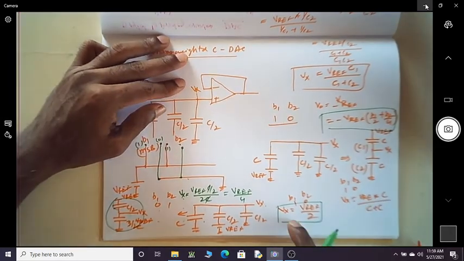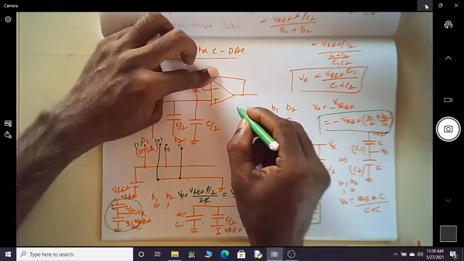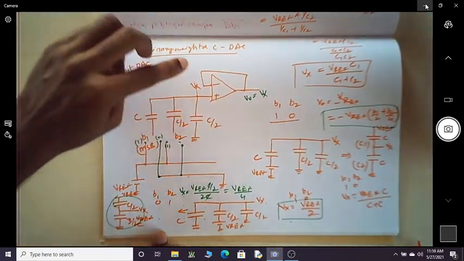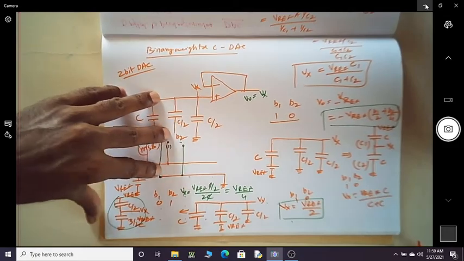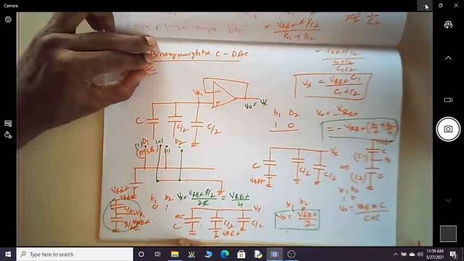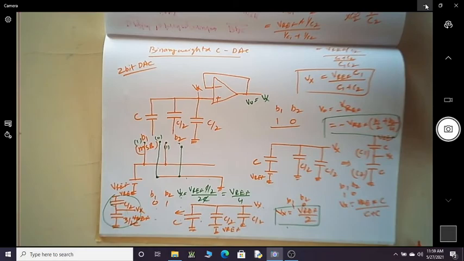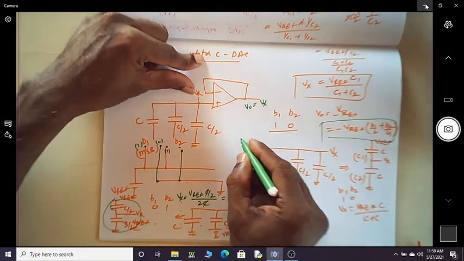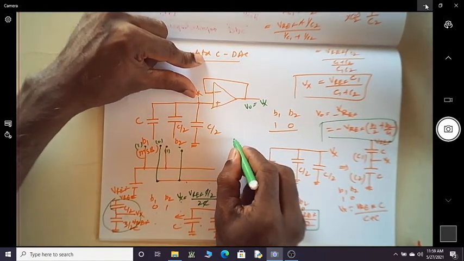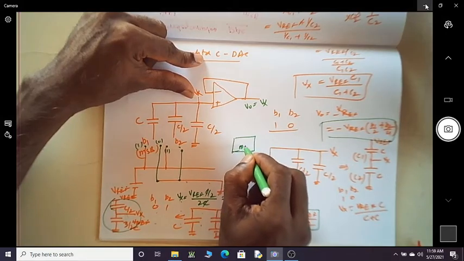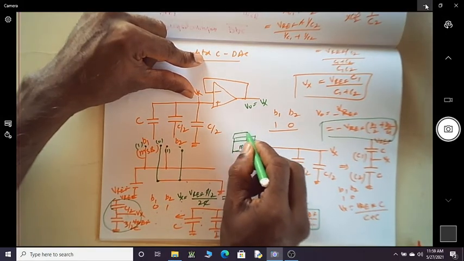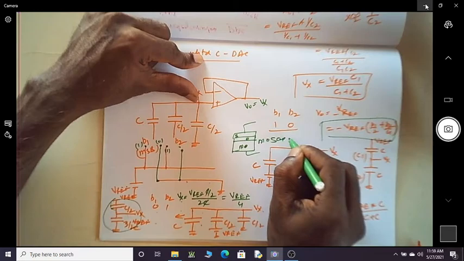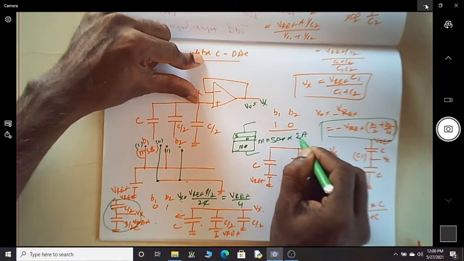Since V0 is nothing but Vx, we are going to get the output voltage equal to the binary weight of the digital value. Why do we go for this binary weighted series? Because it is very easy to realize capacitors compared to resistors. Capacitors can be easily fabricated in VLSI, because you simply have a MOS capacitor: a metal, oxide and a semiconductor. This MOS capacitor is proportional to epsilon A by T.